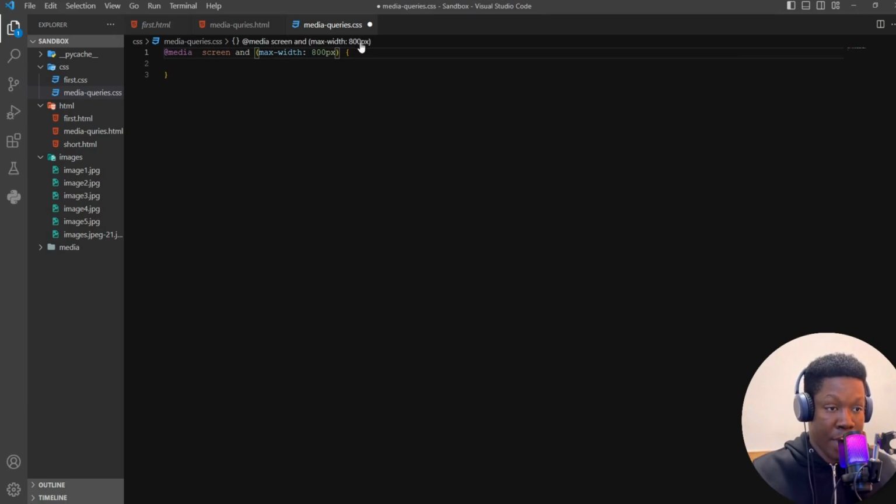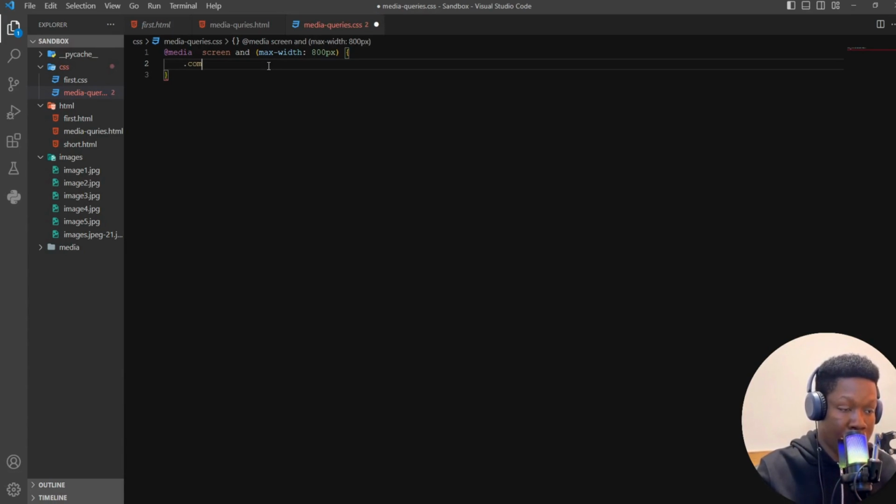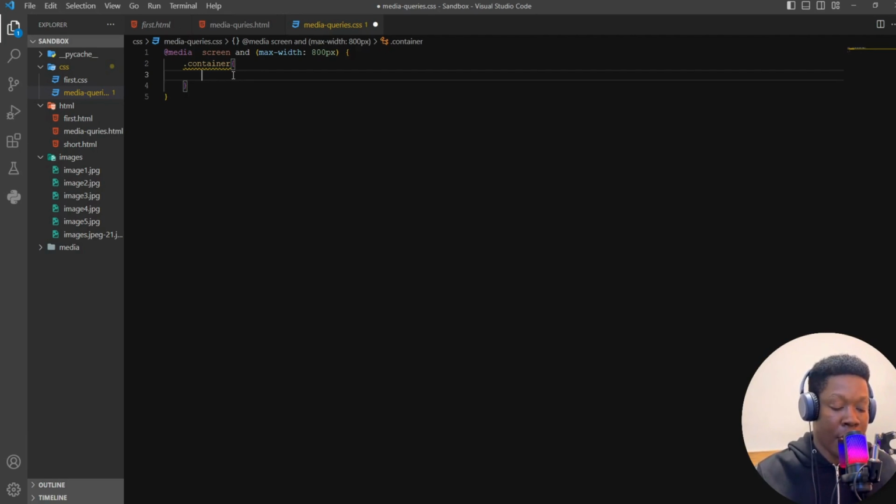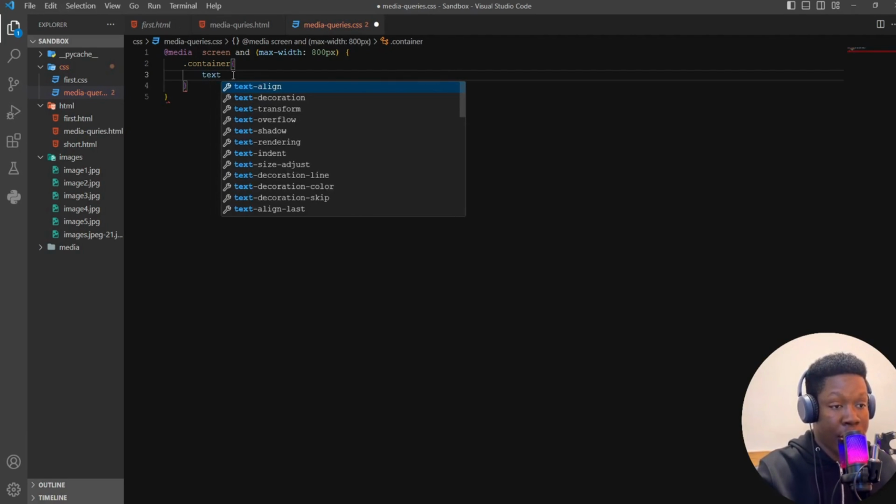So this is my property, this is my value. I've specified a max width of 800px, and I'm saying every device that is 800px and below should now, in the class which is .container, have margin left and a padding left. So if I should try text align center